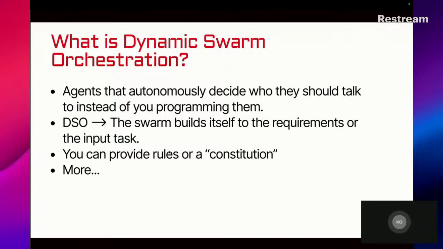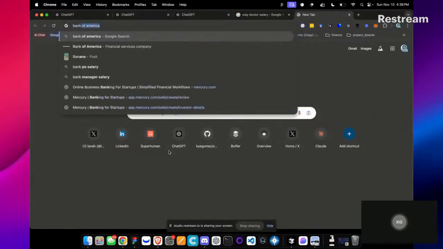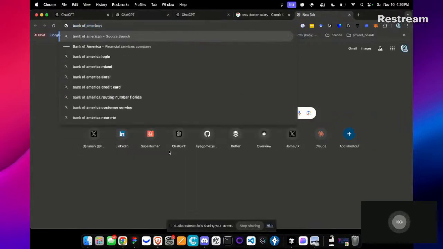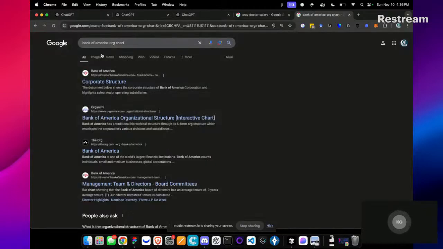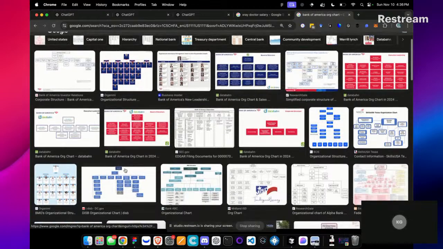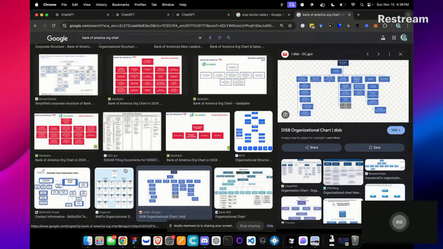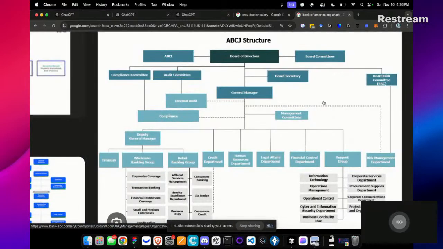So, at a very simple level, you can look at this as, let's say, a Bank of America org chart. It's basically an org chart. An org chart defines who is talking to who. So here we have a board of directors.